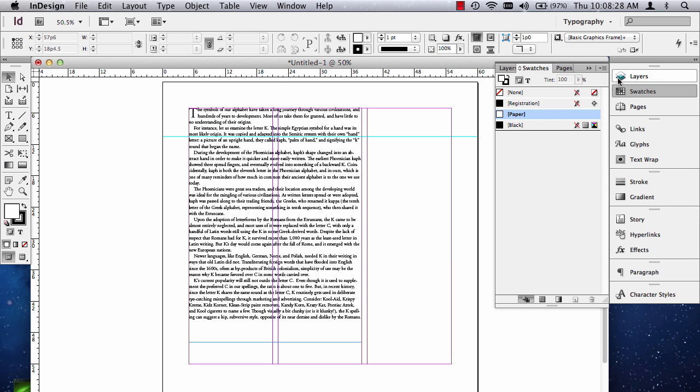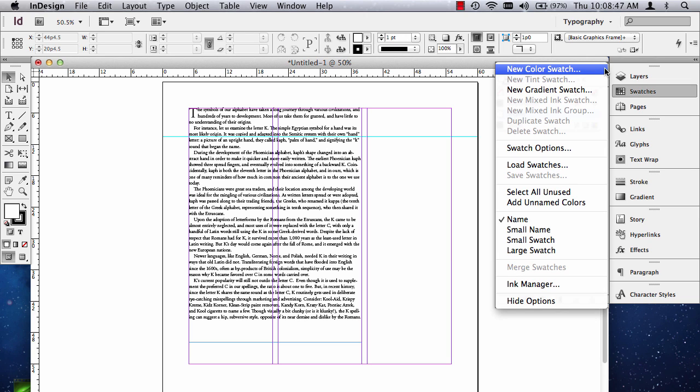Cyan is a bluish color, magenta is pink, yellow is obviously yellow, and K is the key color, black. But I'm not going to go on a CMYK press. Now, this is a 4-color indicator, but this only has 100% black. So I'm going to choose my second color as a